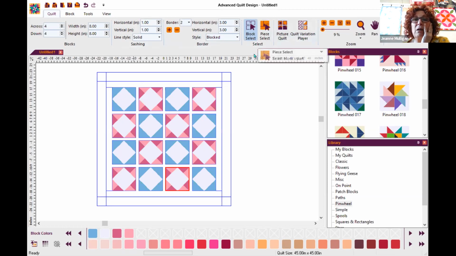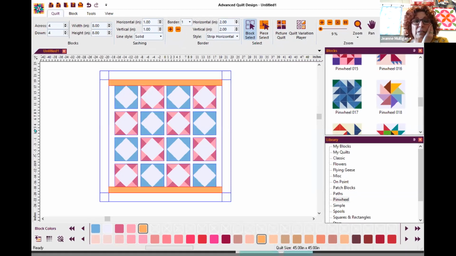So I'm going to do piece select. Maybe block select. Yes. Select all borders. Select all in this border or select same borders. I'm going to do select same borders and we're going to make that